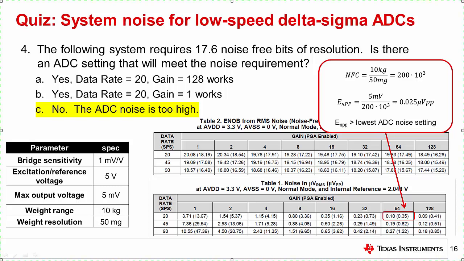But you need to remember that the table is defined for a full-scale input and you can't just consider the noise-free bits. A much better approach to analyzing this circuit is to find the input referred noise. The math shown in the red circle shows that the required peak-to-peak noise is 0.025 microvolts peak-to-peak, but the lowest noise on this ADC is 0.35 microvolts peak-to-peak, which is much higher than our requirement. So, this ADC will not work as its noise is too high.